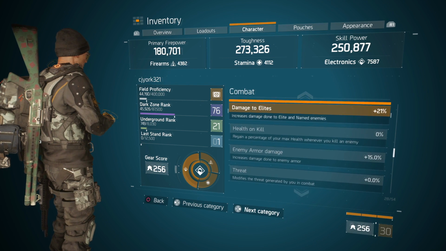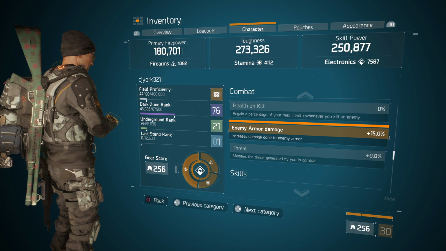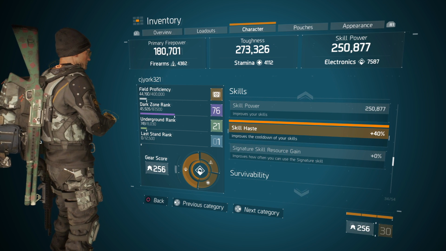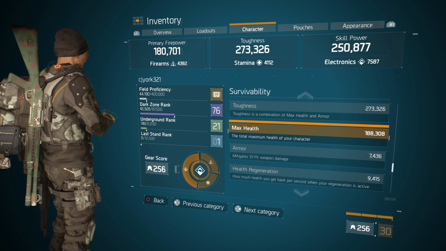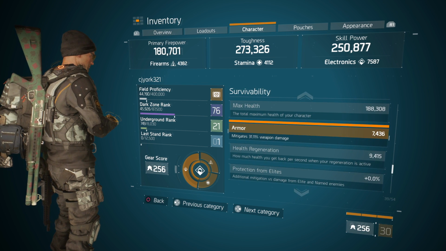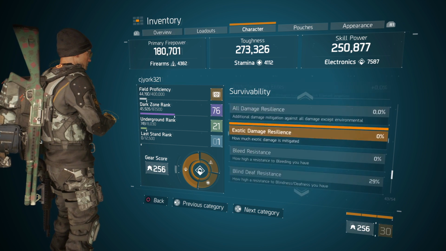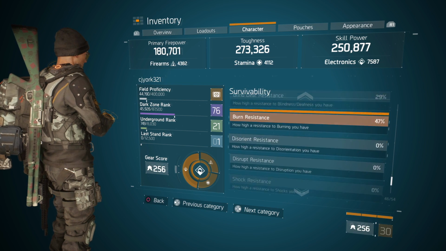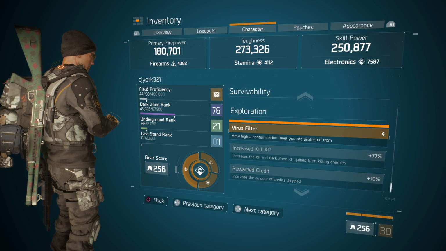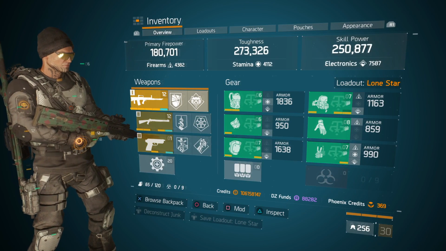Alright, so we go on down here and you'll see that damage to health is 21%, 15% to enemy armor damage, and we got 40% skill haste. So that's really good. And my health is 188,000. Armor is 31.11%, which isn't the greatest. And we got 29% blind death resistance, 47% burn resistance. This is really, really good in my eyes. Alright, so let's go back and start showing you the guns